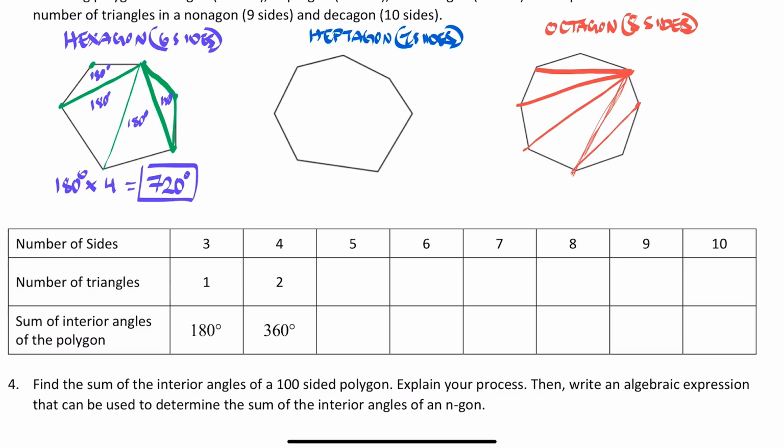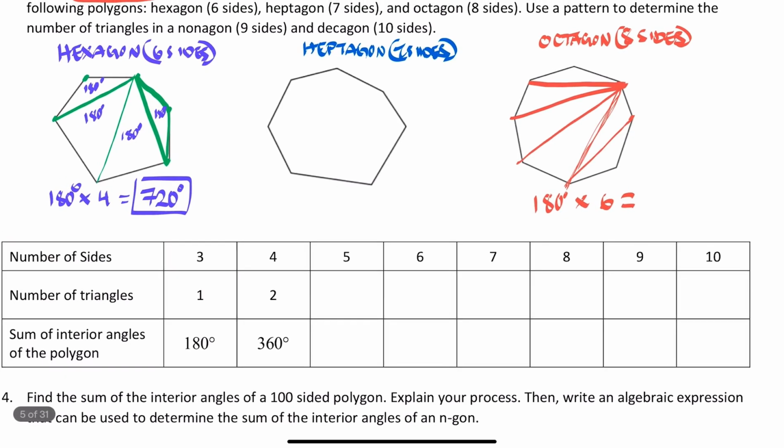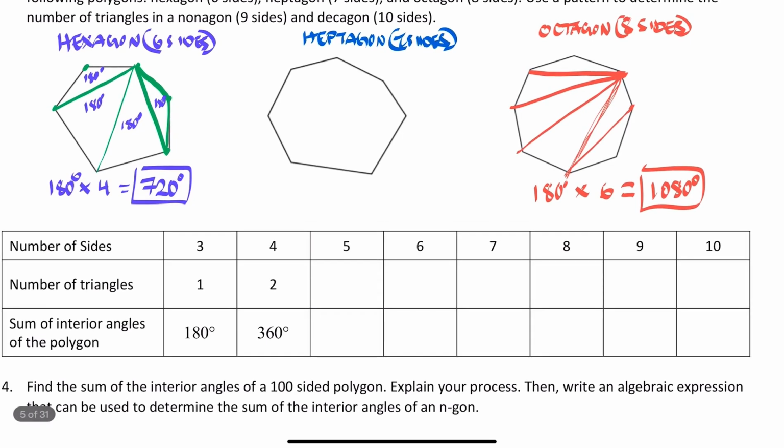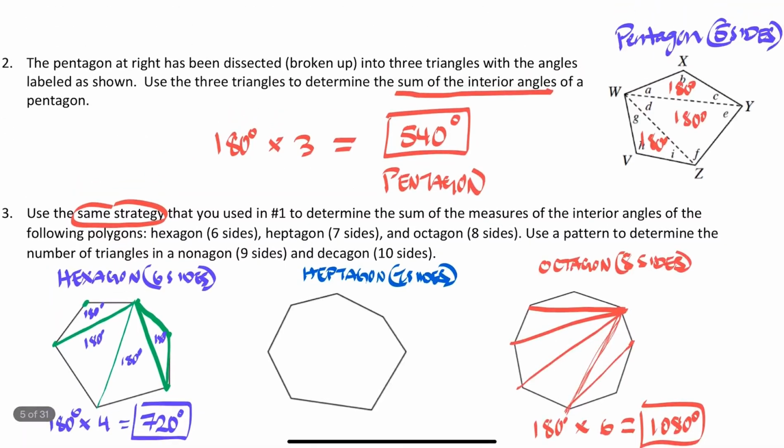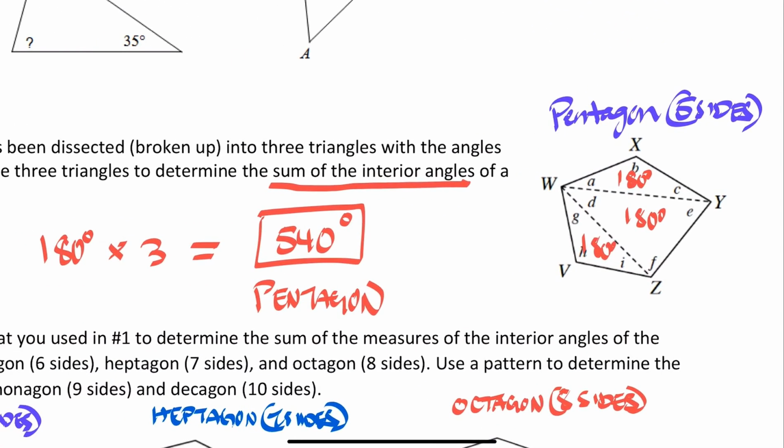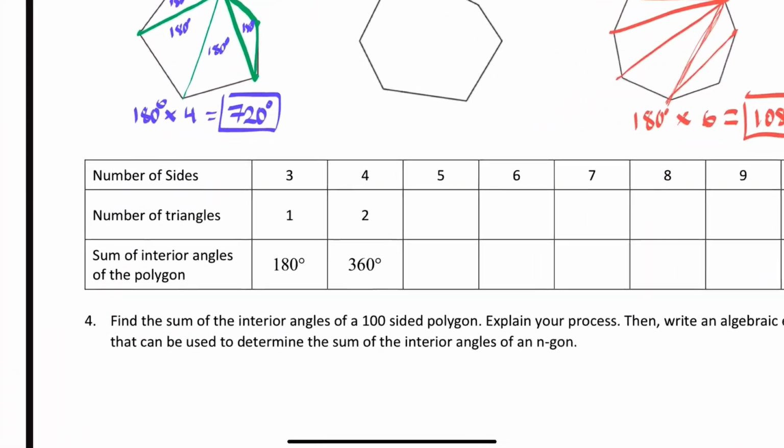Okay, cool. So this one has 1, 2, 3, 4, 5, 6 triangles this time. 180 times 6 gives me 1,080 degrees for the sum of the interior angles. There is a pattern that you should start noticing. When I had 6 sides, looking at the hexagon, there were 4 triangles. When I had 8 sides, there were 6 triangles. And if I look even higher up here, when we did the pentagon problem, when I had 5, I had 3. And so looking even at this chart here,